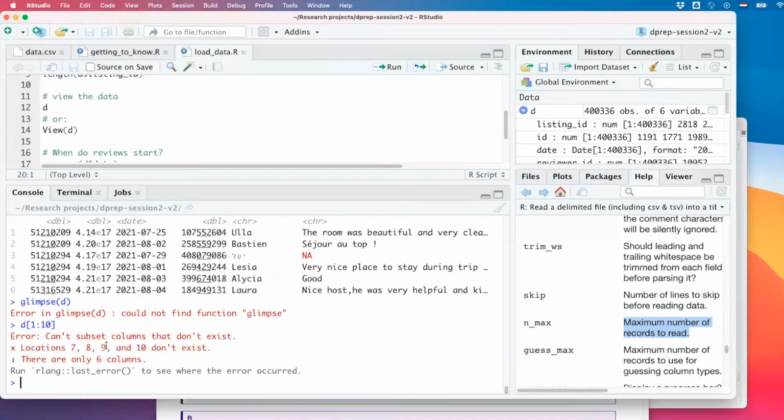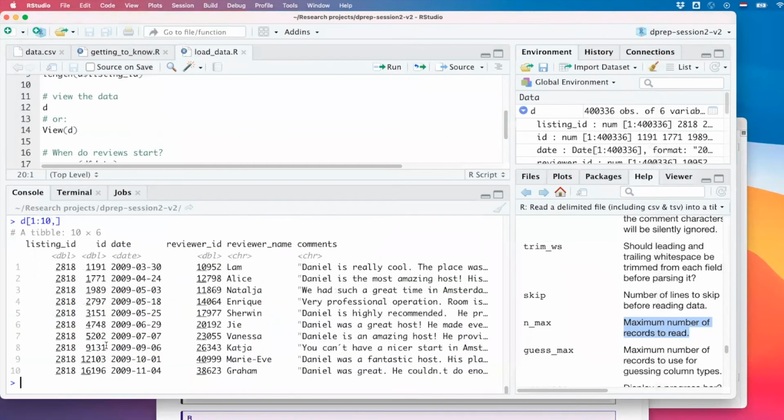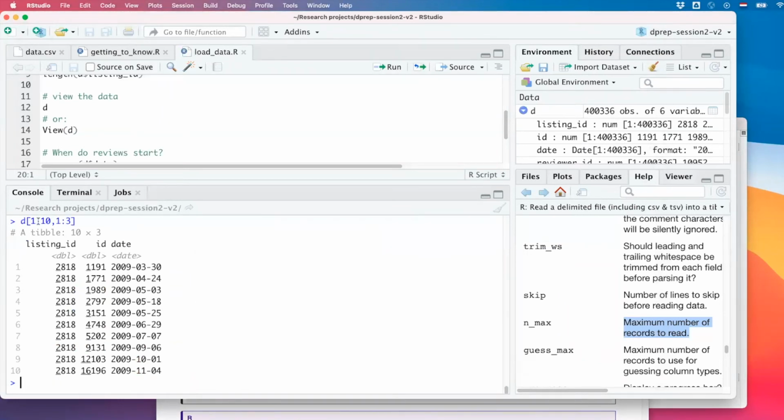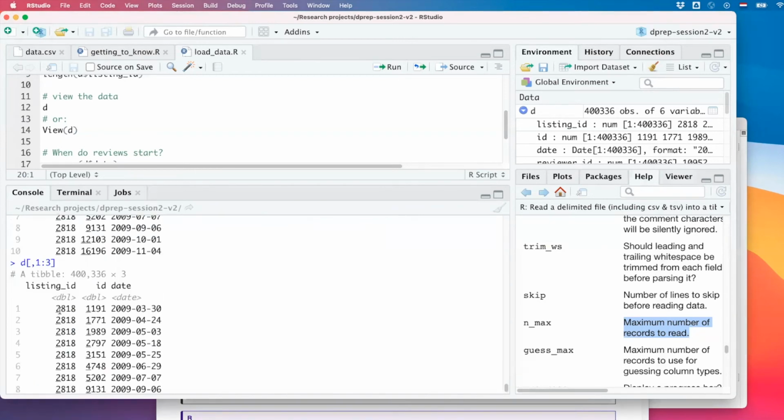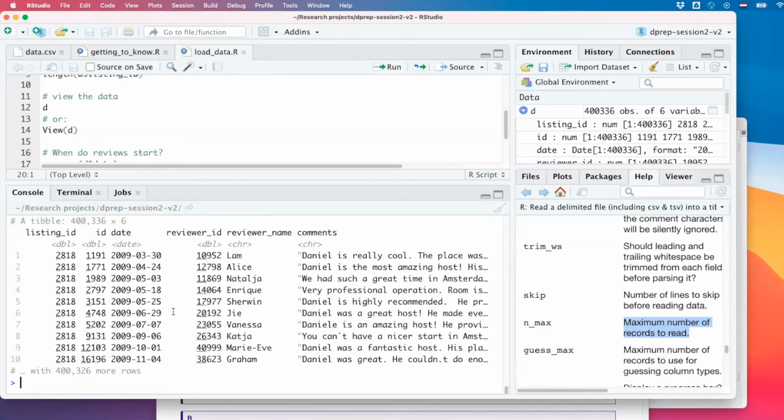You can play around, for example, looking at the first 10 lines of the data set, 1 to 10, or looking at the first 3 columns. You get the first 10 lines and the first 3 columns. If you don't enter an argument before and just look at 1 to 3, it's just going to give you a preview of the first 3 columns. Is it a good practice to refer to columns like this? No, it is not, because the raw data may change when you load it again, and suddenly columns change and switch. So it's not a reliable way to refer to columns.